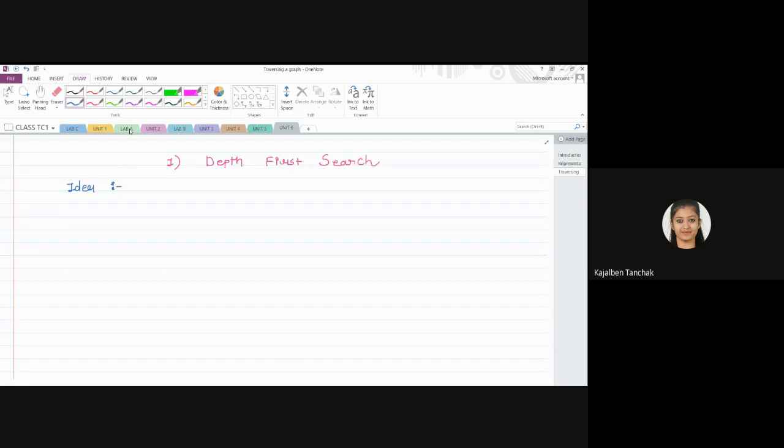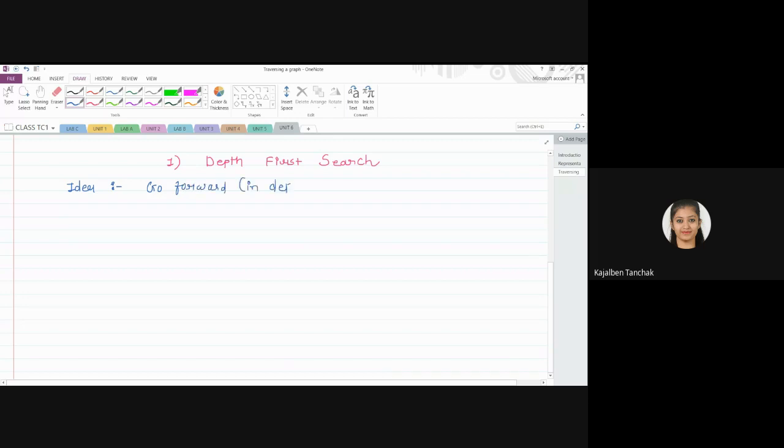So here we have to consider the backtracking. Whenever you reach the dead end, you have to backtrack to the previous node and you can visit the remaining nodes.